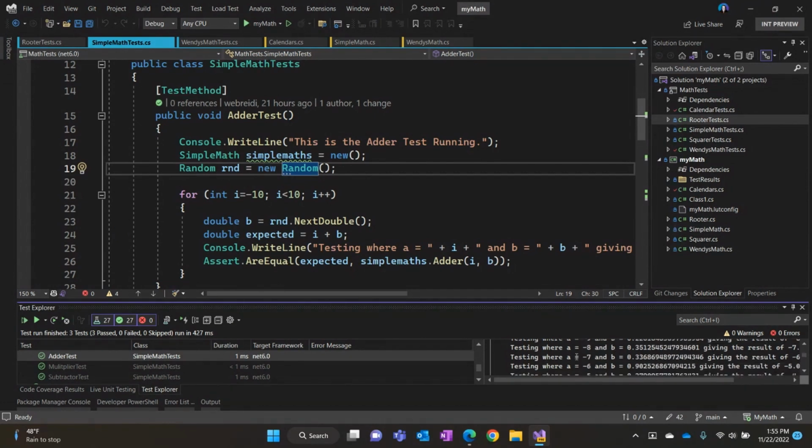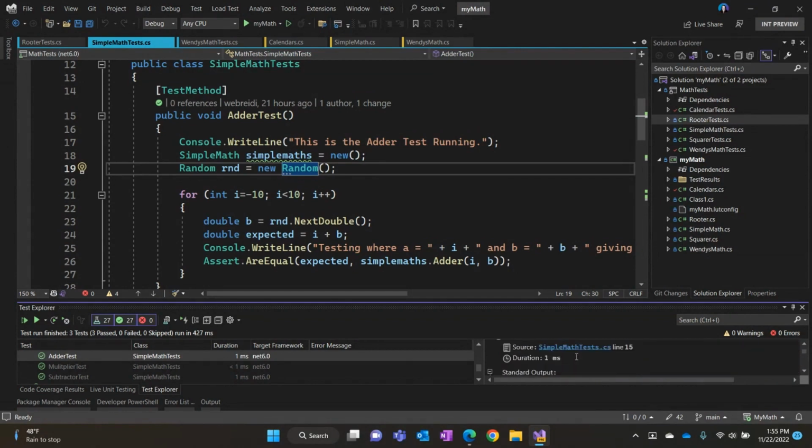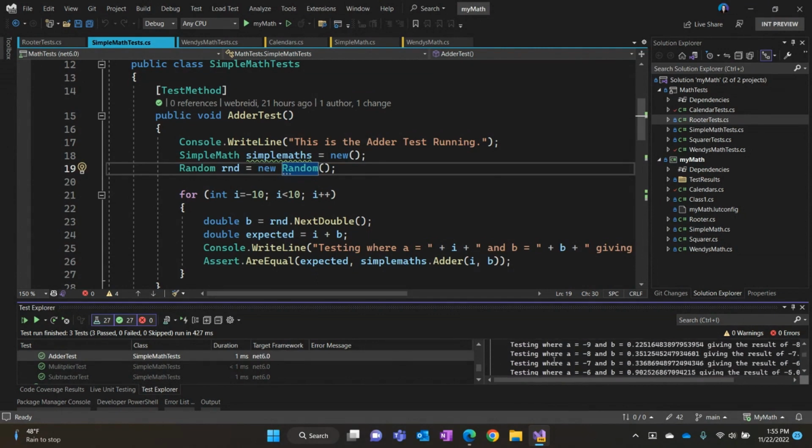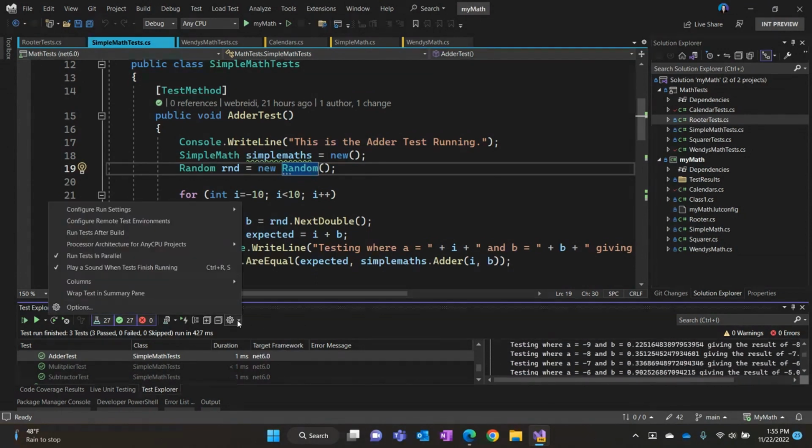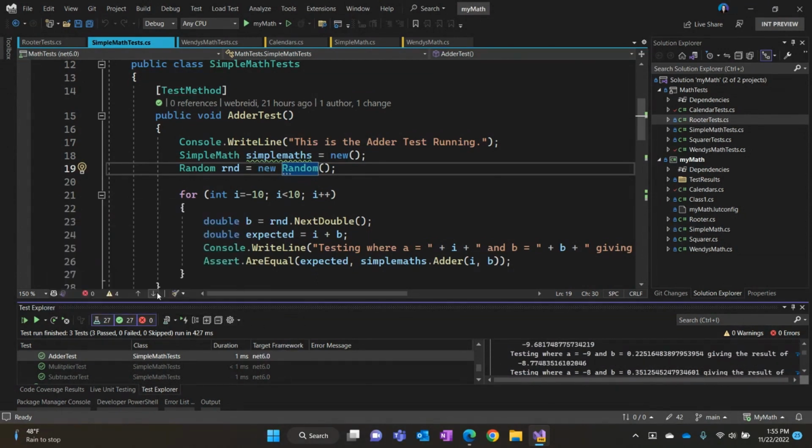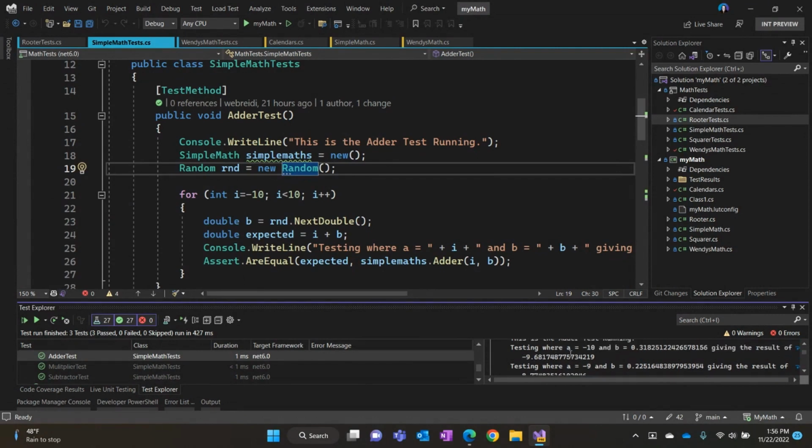And so I can see what tests are running. Now you can see that a lot of these are really long, and we've added this wrap text in the summary pane, so I can see everything right there. Everything's wrapped nice and neat, so I can see the full result of it, which is awesome.